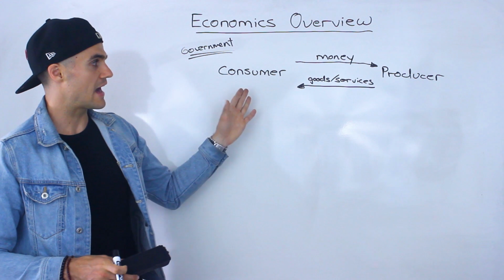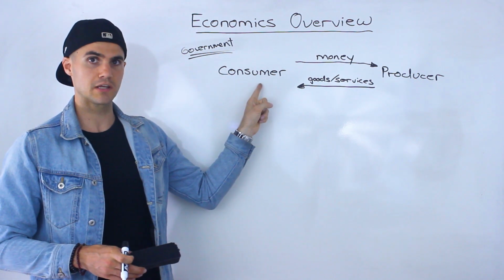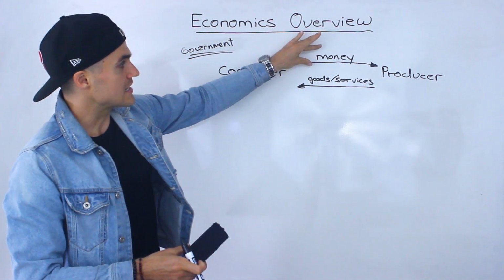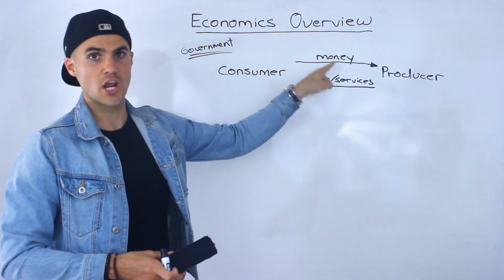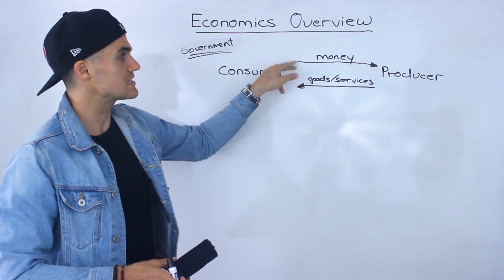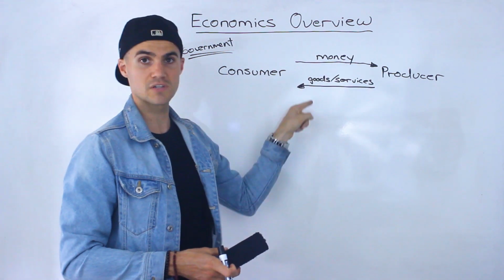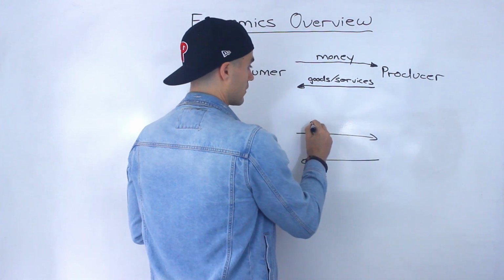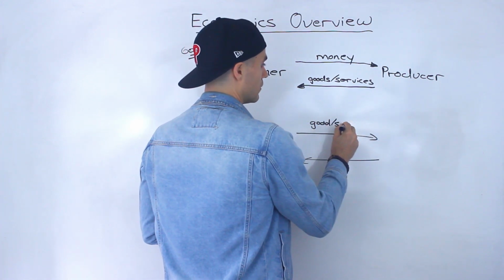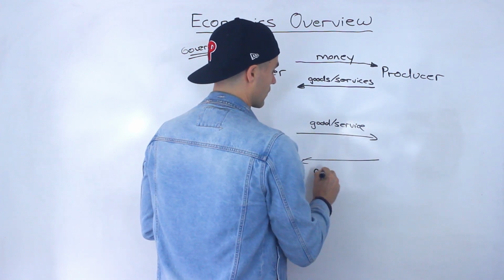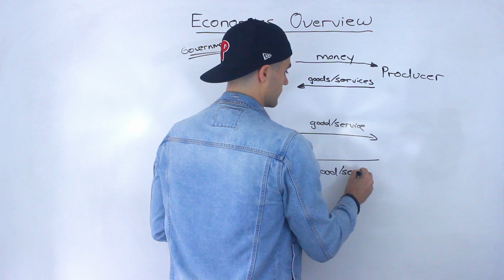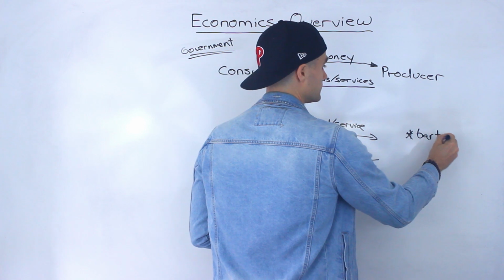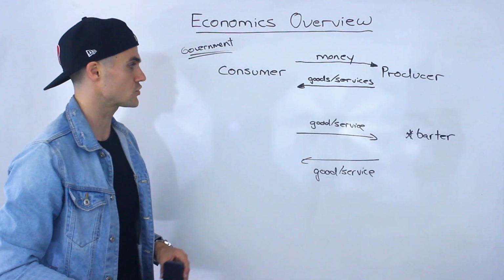Another thing is that I could have made this relationship an even higher level overview and generalized it a bit more. Instead of writing money, I could have written medium of exchange, because money isn't the only thing that could be given to receive a good or service. You may run into scenarios where a good or service is given for another good or service. This is called a bartering transaction, which we'll cover in a future video.